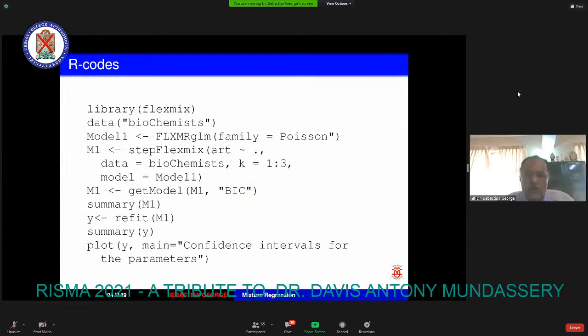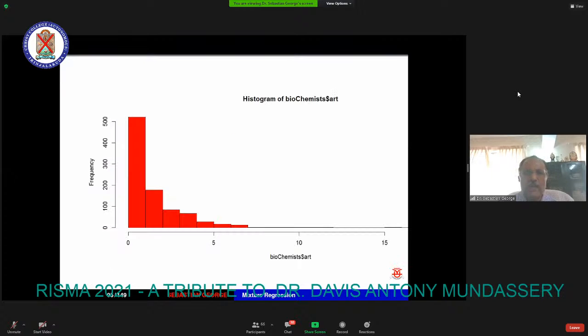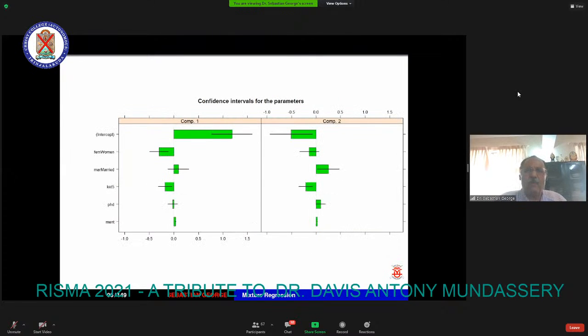So basically, we are analyzing this data. What we are interested in, our response variable, is basically the number of articles published by the students. It is basically a count, but remember it's not a Poisson model. It's a mixture of probability density functions, and we have computed the confidence intervals for the parameters. You remember